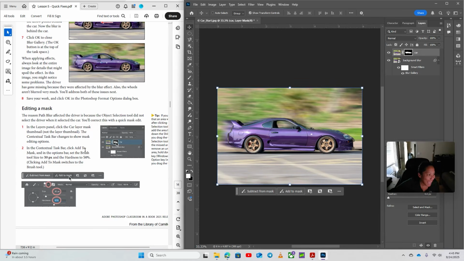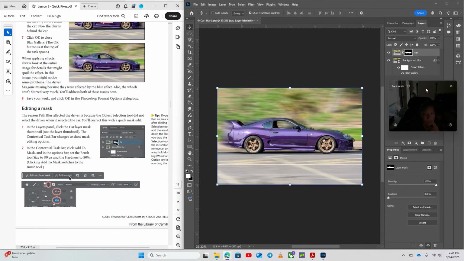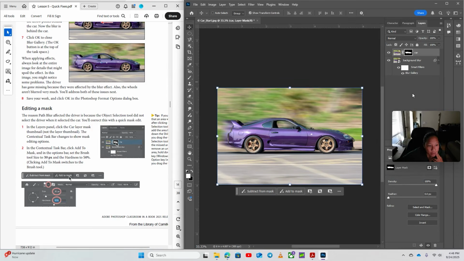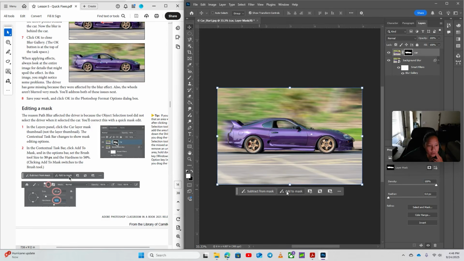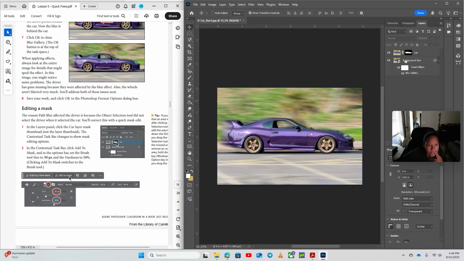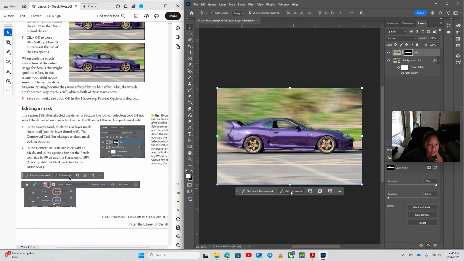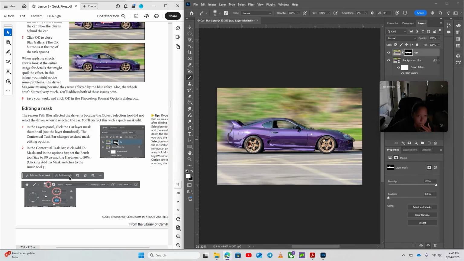In it, click Add to Mask. Okay. So there is a possibility that when you click this, like I did, this isn't there. I would unclick, and then I would re-click here to get this back. So now we want to add to the mask, right? So if we want to add to this mask,